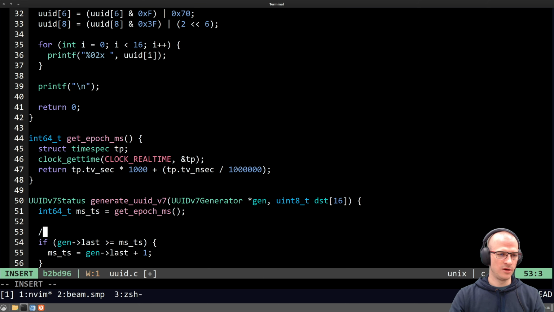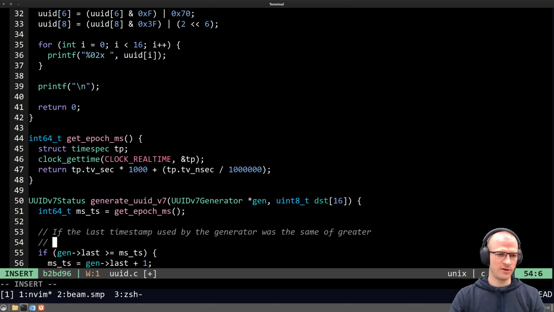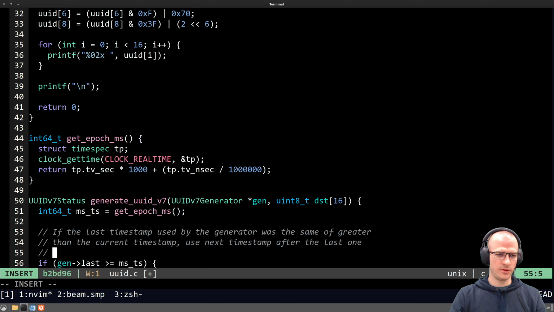If the last timestamp used by the generator was the same or greater than the current timestamp, which may happen, for example, if you change time zones or in any way you have modified the clock time, use the next timestamp after the last one plus 1 millisecond. Okay,